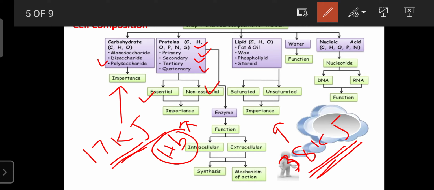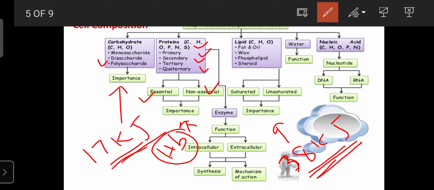And lipids are also a part of the plasma membrane. So the integrity or strength of the plasma membrane also depends upon the lipids, and the lipophilic nature of the plasma membrane is due only to the presence of lipid. It means the plasma membrane only allows fat soluble substances, not water soluble substances, because of the presence of the lipid. So lipid plays an important role in the penetration, entry and exit of substances from the internal environment to the external environment of the cell, or from the external environment into the internal environment of the cells.